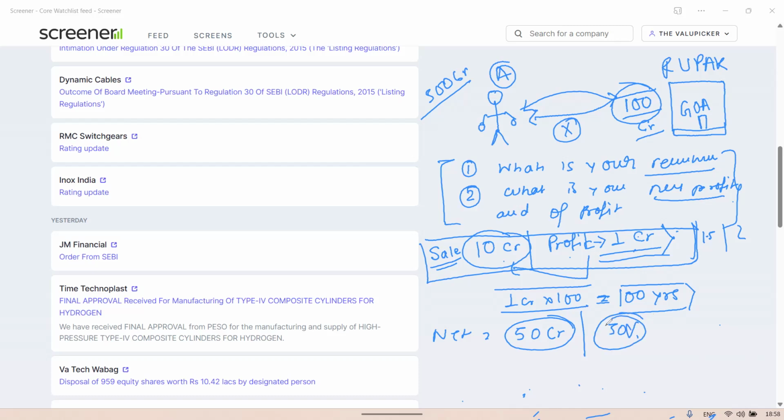Now, if you really know that Rupak is not able to run this business, that is why this top line is 1 crore, or if I do this business, I can increase crowd, I can increase occupancy, I can get restaurant revenue and many other things, destination weddings, many things I can do, and I can grow my profit once a year to 10 years. Then it makes sense to invest. So one point is growth.